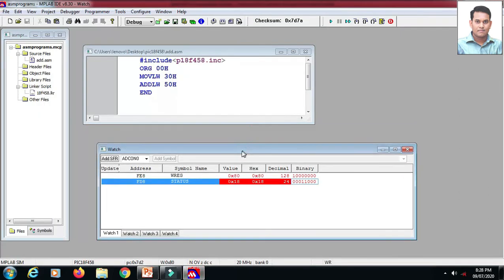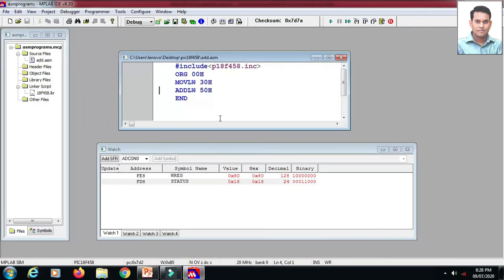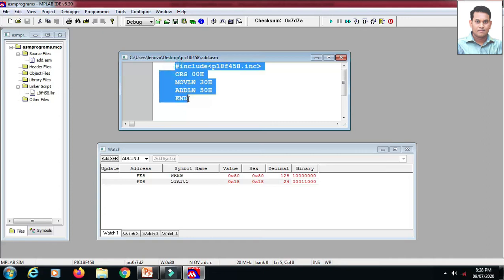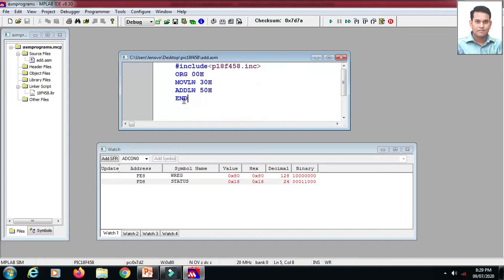This is how we can check, study, and learn the instructions in the MPLAB software. This is the best benefit of MPLAB software. So I recommend all of you please install this software and try to run the program step by step with the help of this Step Into option, and try to learn the instructions for PIC18F458. If you learn the instructions, it will be easier for you to write programs for the PIC18F458 during the examination. Okay, so let's move further.